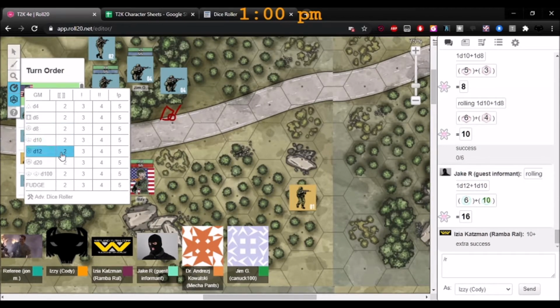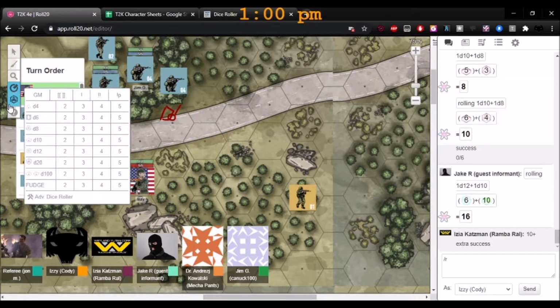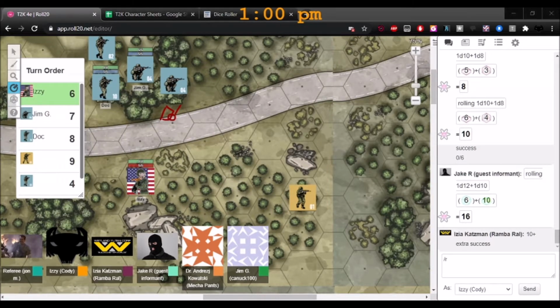Does that subtract from my highest or lowest die? You'll take it from your lowest die if it's a negative modifier. Okay, so I have a D8, and that would go down to a D6. If it's -2 though, for quick shot, it actually takes the D6 away altogether.